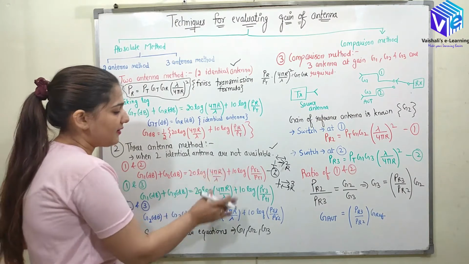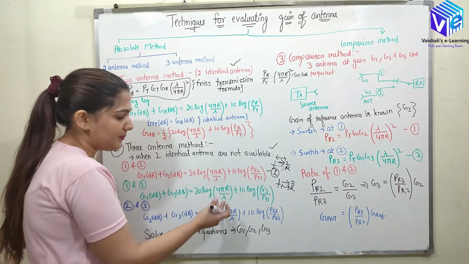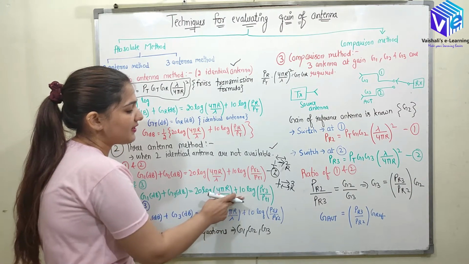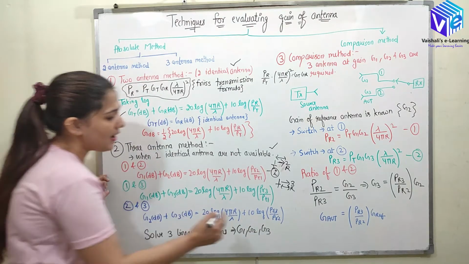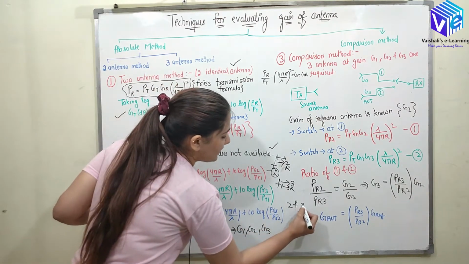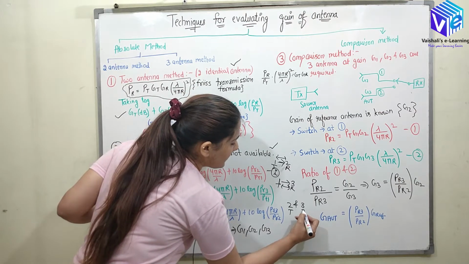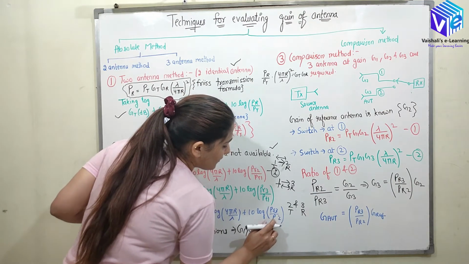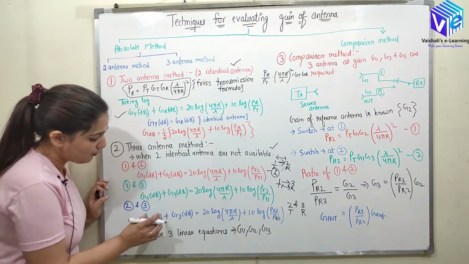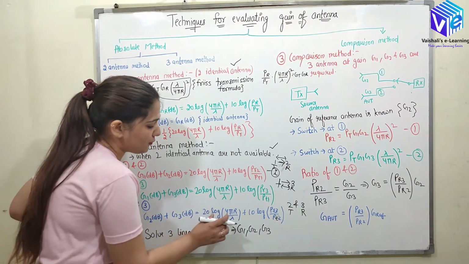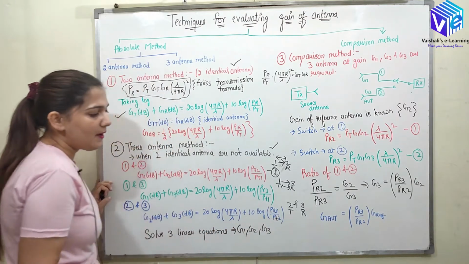Now if I use these two equations, this term can easily be eliminated. So here I will be having 10 log PR3 upon PT1. Now I will be taking 2 and 3, so I will be taking 2 as a transmitter and 3 as the receiver. So now here we will be having G2 dB plus G3 dB is equal to 20 log 4 pi r upon lambda plus 10 log PR3 upon PT2.